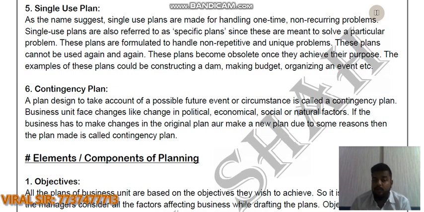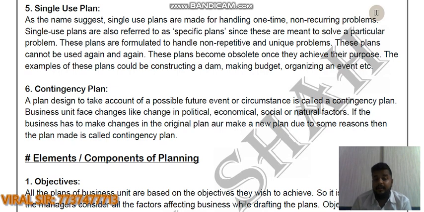This plan cannot be used again and again. This plan becomes obsolete once it achieves its purpose. Once the purpose has been solved, the plan becomes obsolete, meaning of no use. Examples of this plan could be constructing a dam, making a budget, organizing an event. So that is known as single use. Clear? And last is